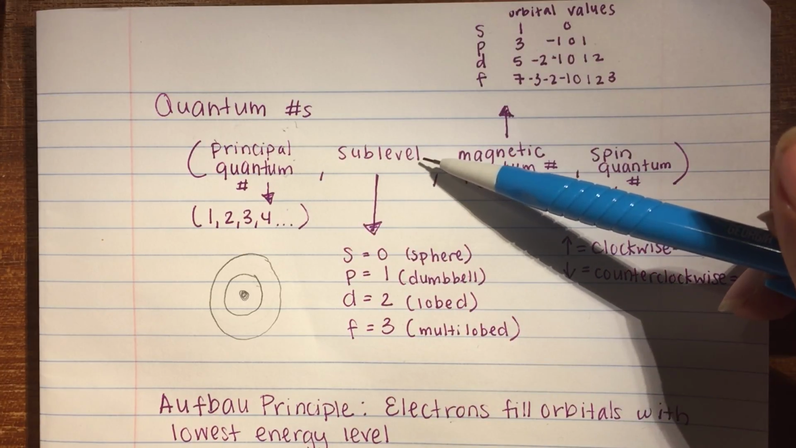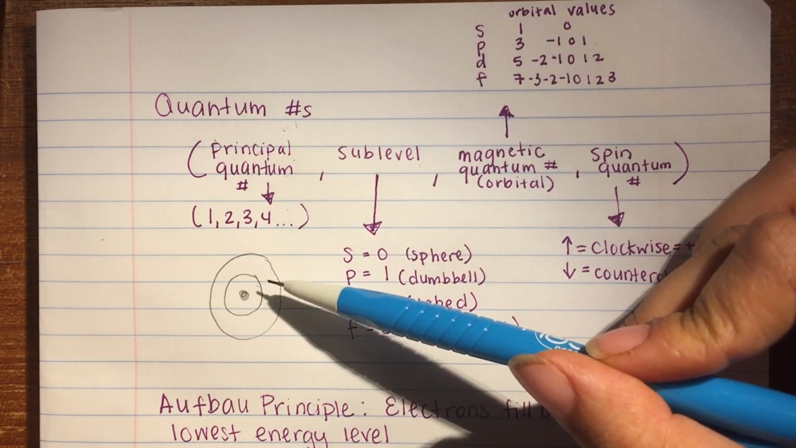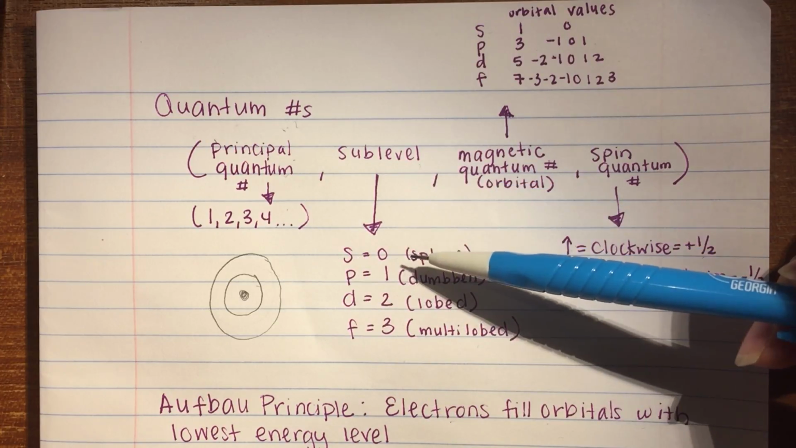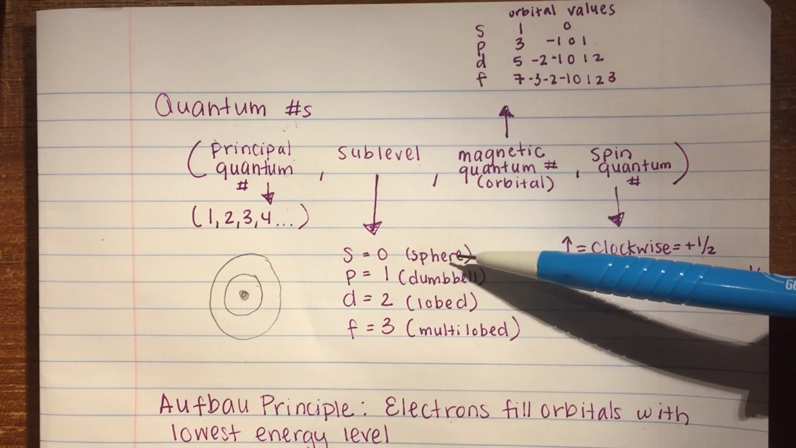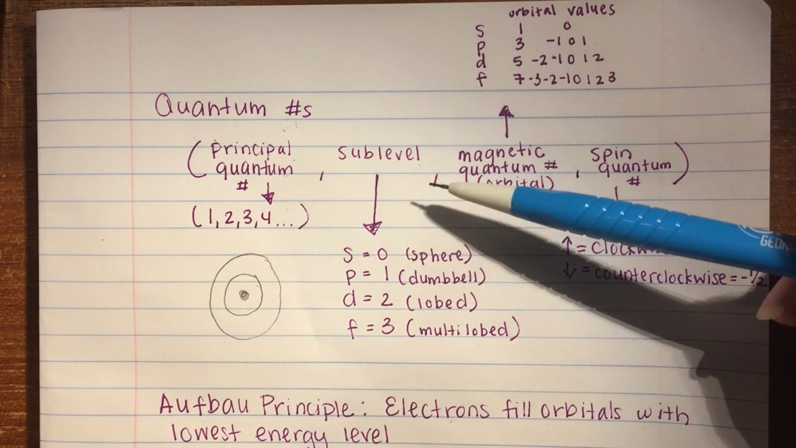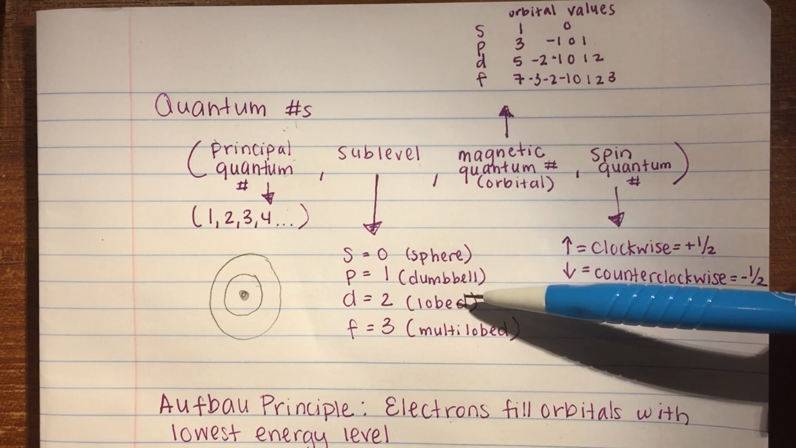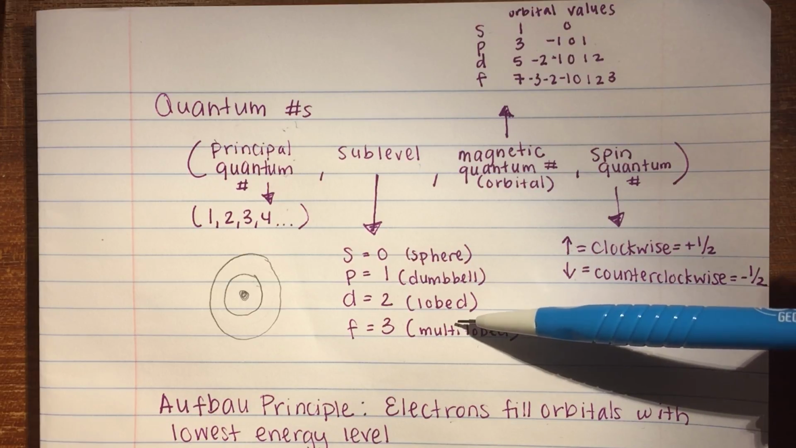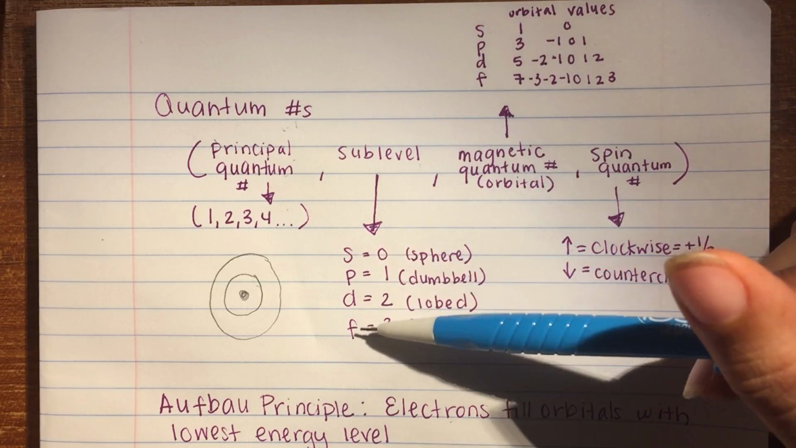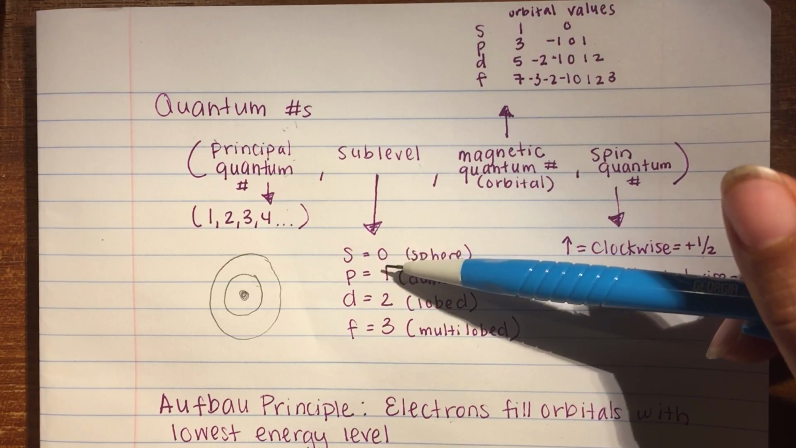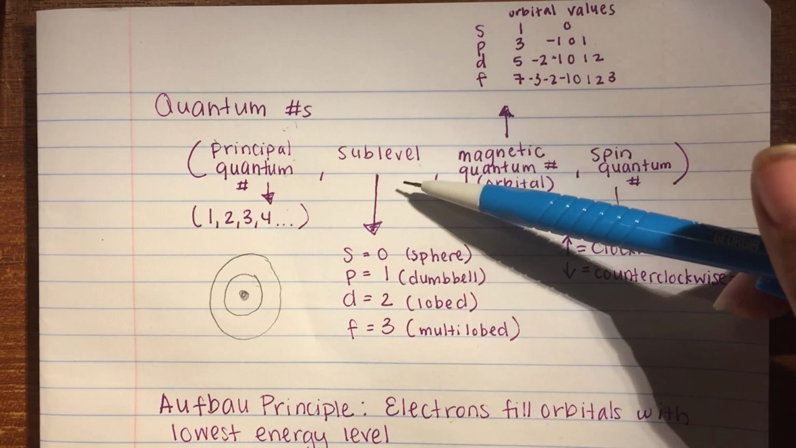The second is a sublevel. So if you think of energy levels as floors, think of sublevels as rooms. So there's specific types of rooms, and in this case, sublevels each have a specific shape, and you saw those shapes on the PowerPoint: sphere, dumbbell, lobed, multi-lobed. Now these get letters, but each letter also has a number associated with it,